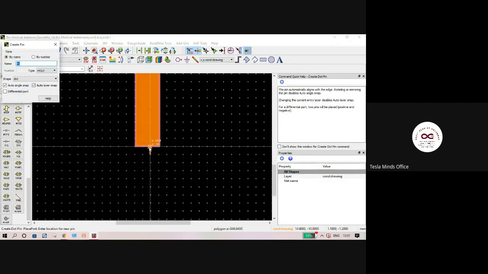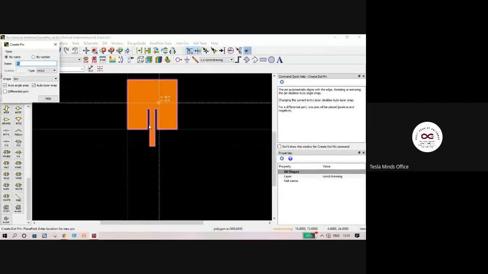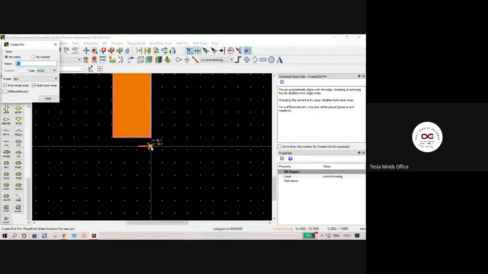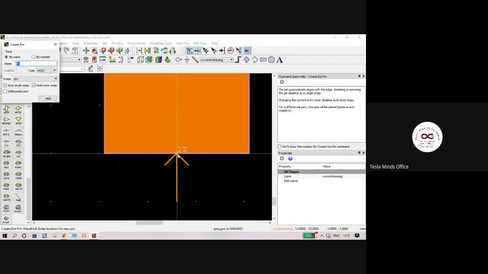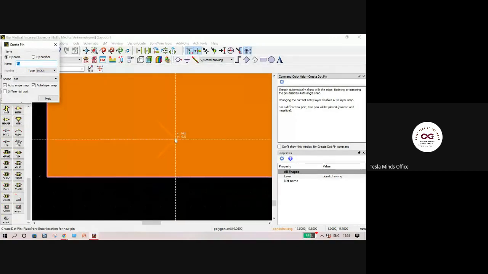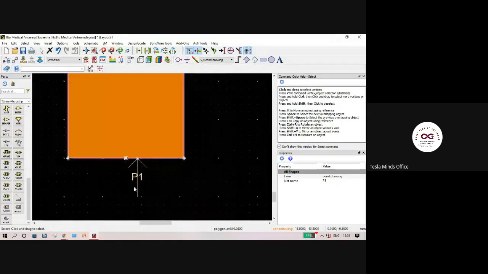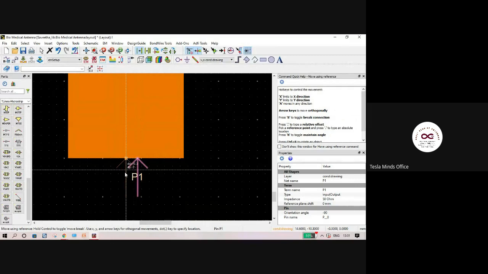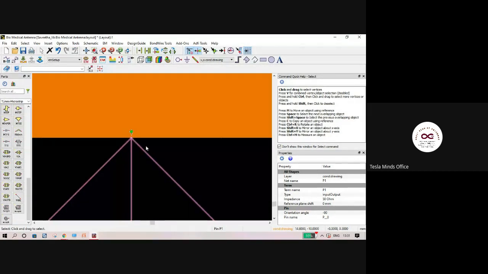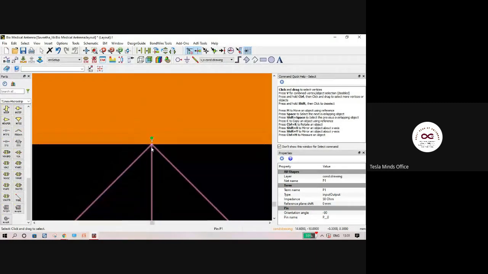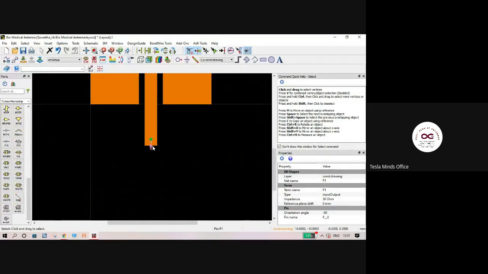Right. So now I have to zoom into the feeding point. Just zoom out and then zoom into this bottom feed point. We are feeding power, so that's why it is called a feed. Just place this. Automatically the mouse arrow mark will turn towards the feed. Right. So just click on the point here. Right. So you can see P1. Make sure that it is at least nearly at the center, because otherwise you will get mismatched results, right? So the position of the port is very, very important, right?